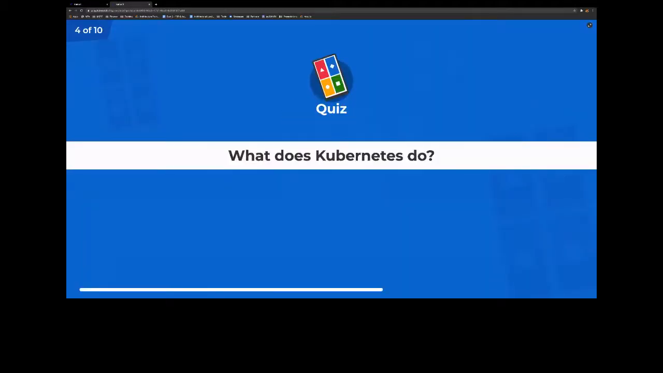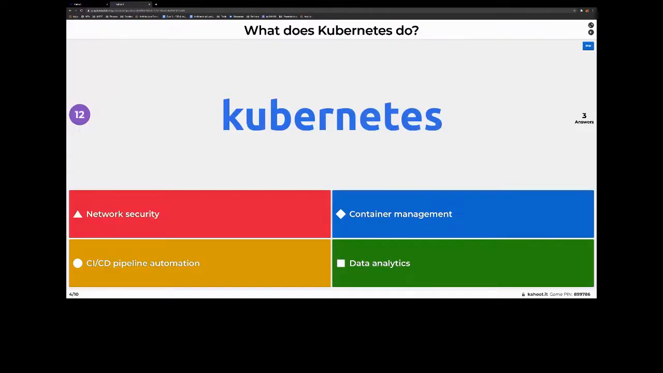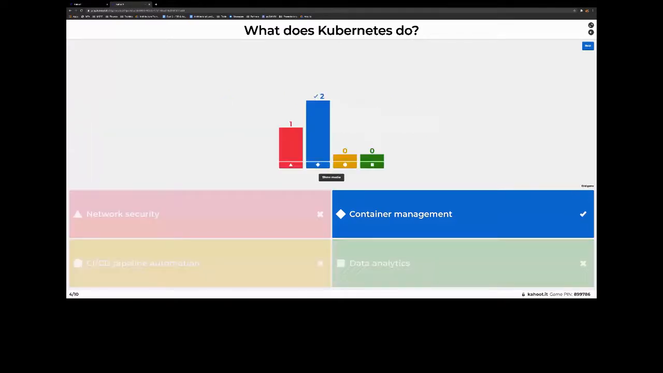What does Kubernetes do? I know that one. I am ashamed to say that I don't know the answer. Are you joking? I think I hired enough DevOps engineers to know. I did guess correctly, but